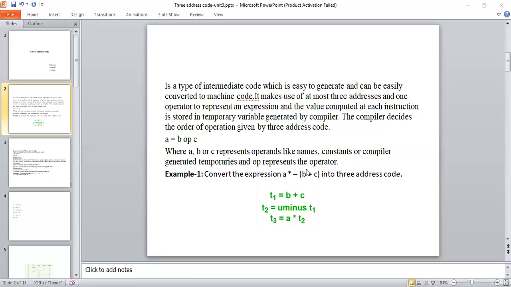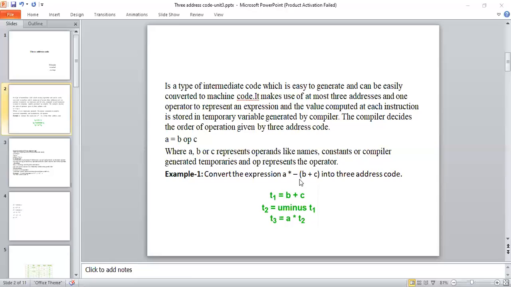So this b plus c, I'm storing the result into t1. The unary operator is an operator with one operand. Because of that, here I represent unary minus of t1.